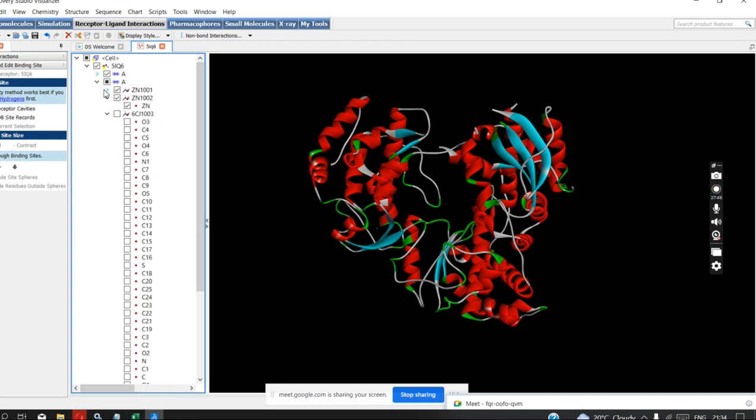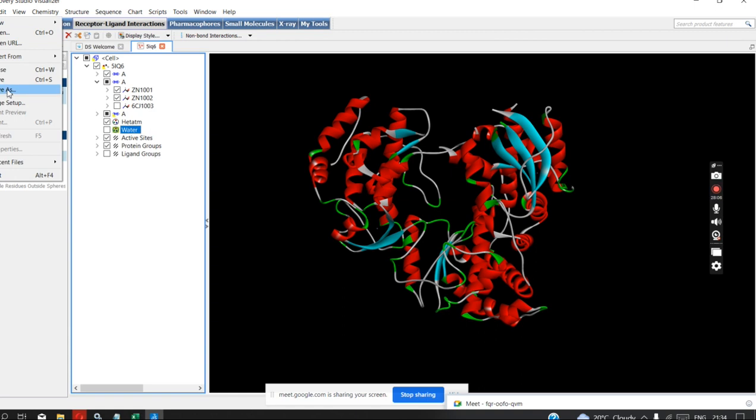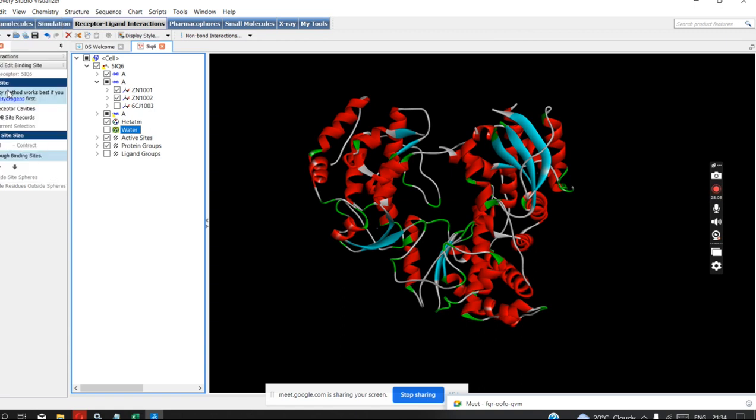Let's close all this. Now you have to do one more thing. Click again on file. After what we have done, we have selected the ligand groups and unselected the water molecules. Now we are going to click on file and go to save as,